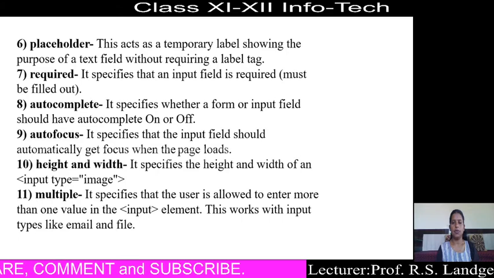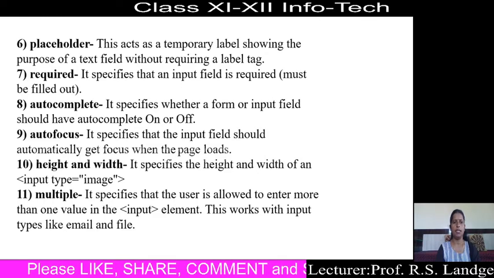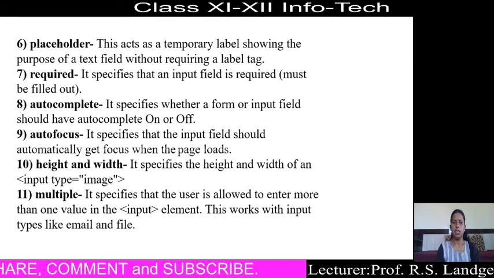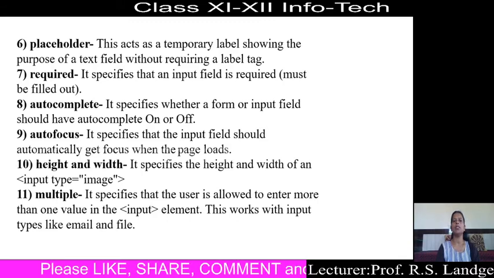The autocomplete attribute can be used in a form or in an input field where we can provide autocomplete on or off. That means if we provide the autocomplete value as on, then automatically some hint is provided to the user.